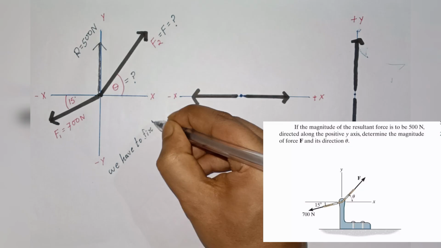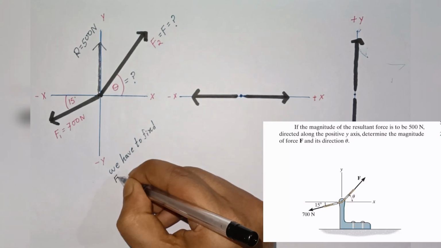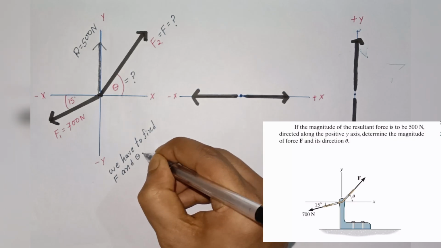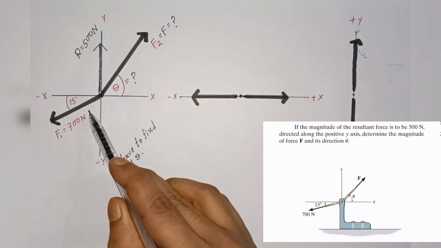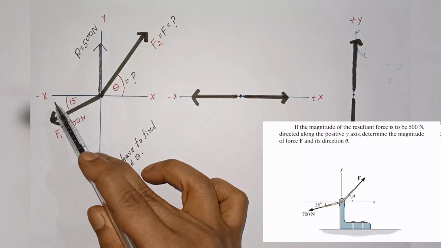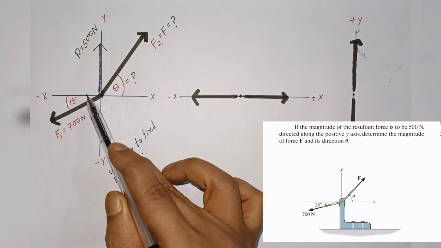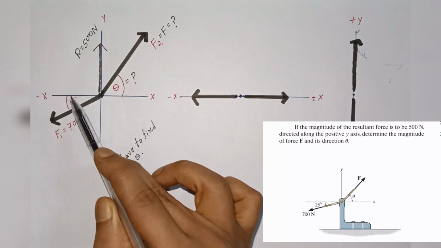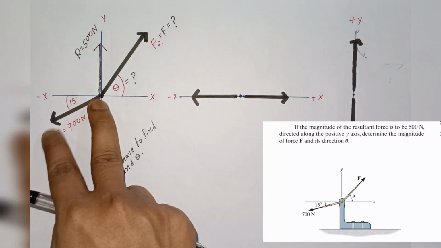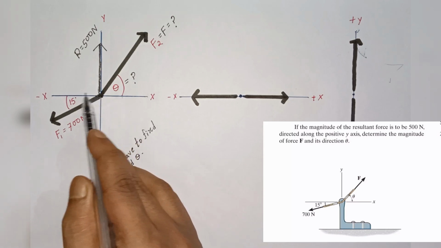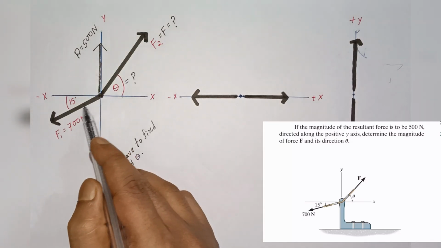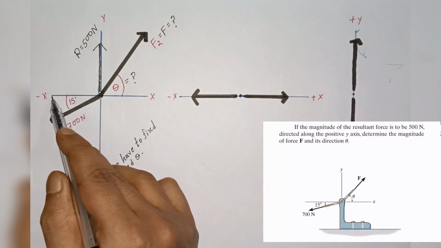According to the question, we have to hunt down the value of vector F and theta. Basically, math says, find me if you can. The question is: here is a vector of 700 Newton of pure muscle stretching out below the negative x-axis, making a 15-degree tilt. Now one component of 700 Newton goes towards the negative x-axis and the other component towards the negative y-axis.